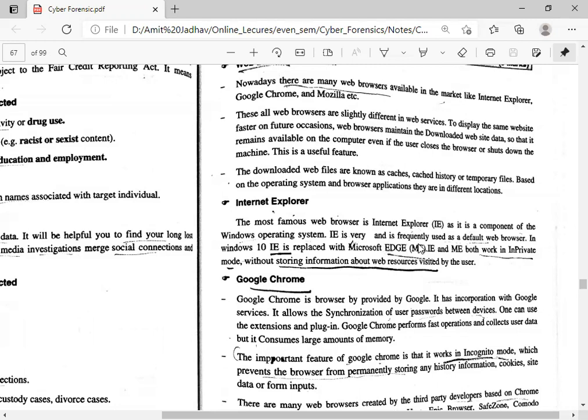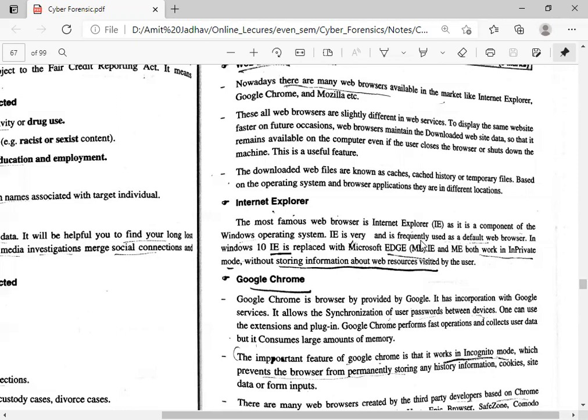In Windows 10, Internet Explorer is replaced with Microsoft Edge, and both work in a private mode without storing information about the web resources visited by the user. So Internet Explorer is the famous web browser that is mostly used. It comes by default with the Microsoft operating system, and in Windows 10 its name changed. Now it is known as Microsoft Edge.